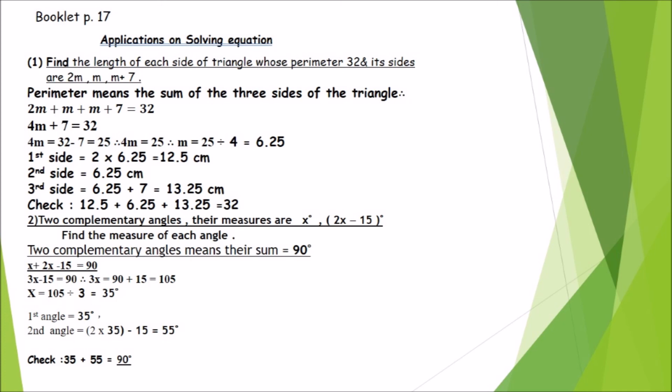As we know before, I will put plus 15. So 3x equals 90 plus 15 equals 105. So x equals 105 divided by 3. So x will be 35 degrees. So the first angle is 35 degrees. The second angle is 2 multiplied by 35 minus 15 equals 55 degrees. So if I check, 35 plus 55 equals